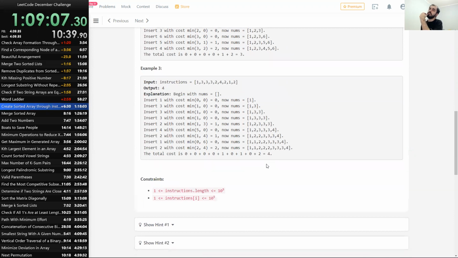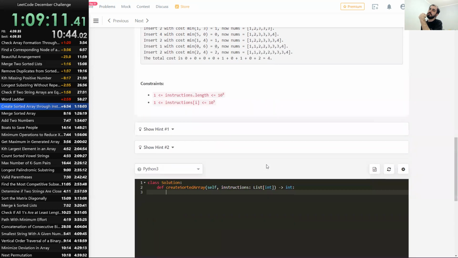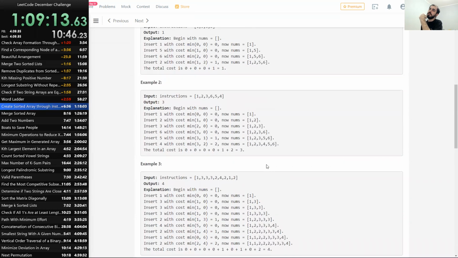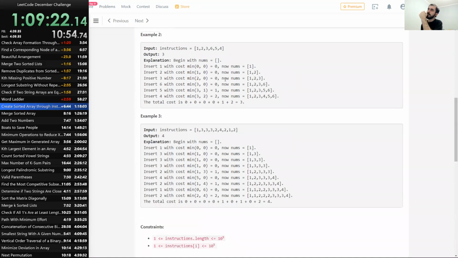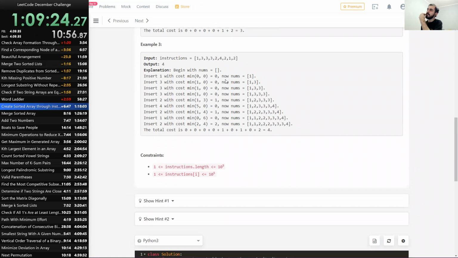What is the actual expected way to do it? Because instructions are small, we can create a frequency table, but we don't want a frequency table. We want to find the sum on prefix and the sum on suffix. Well, sum on prefix basically, because sum on suffix is pretty easy. Now when the sum on prefix,